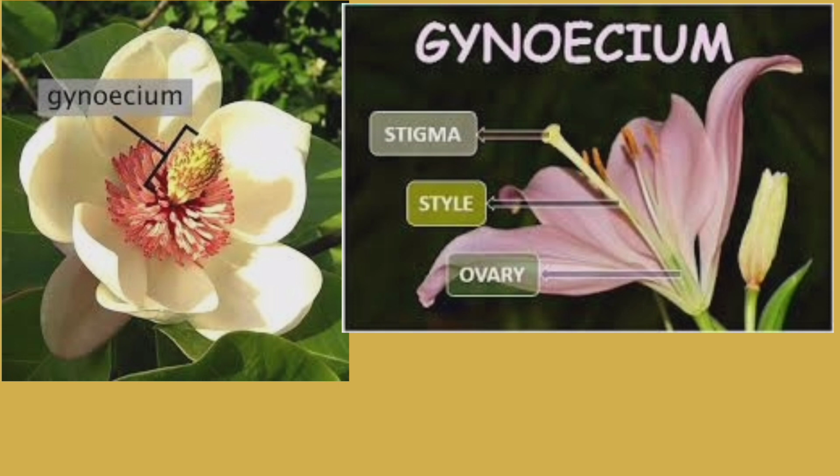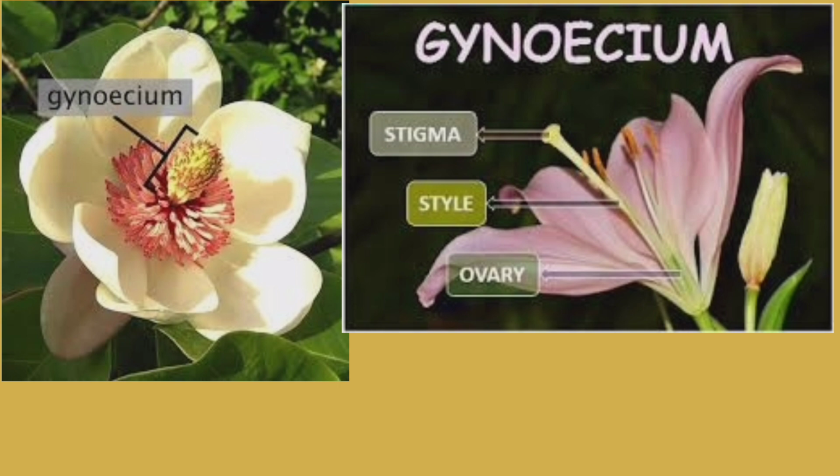Gynoecium, another name of gynoecium is carpel. It is the fourth whorl of the flower and it is the female reproductive part of the flower. The carpel is also known as the pistil. It is differentiated into three parts: stigma, style and ovary. Function of gynoecium: it acts as the female part of the flower and produces ovules which help in reproduction. Here is a picture of the gynoecium. You may find at the top it is the stigma, that long tube-like part is the style, inside it is the ovary, and inside the ovary are the ovules.